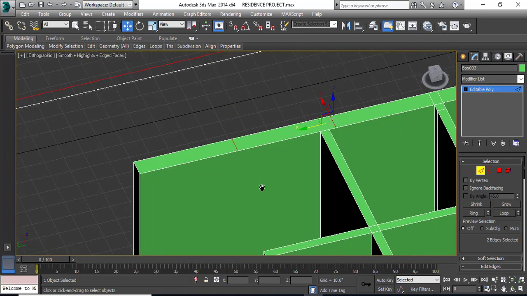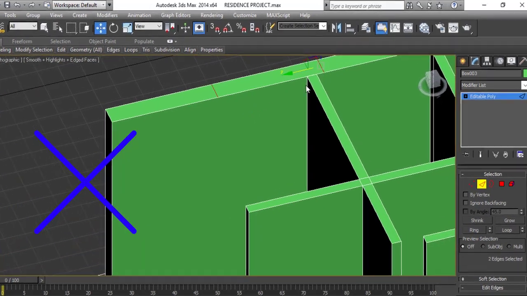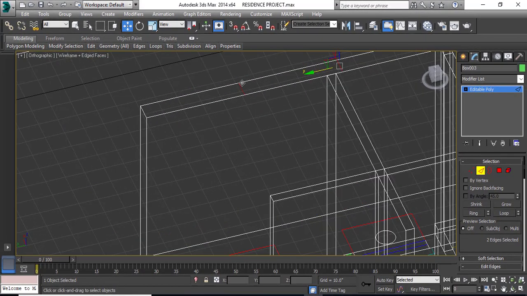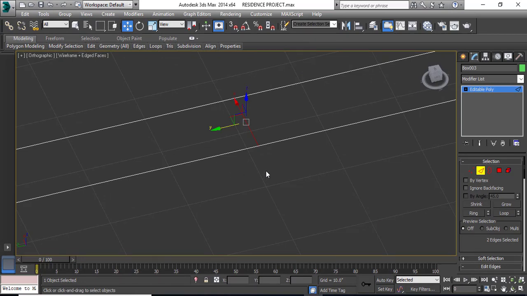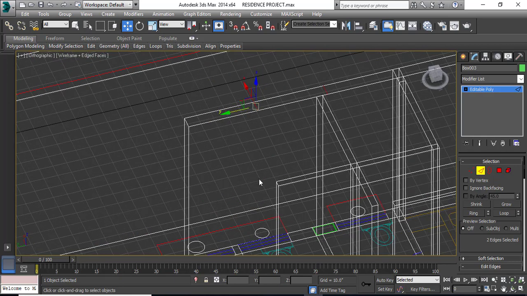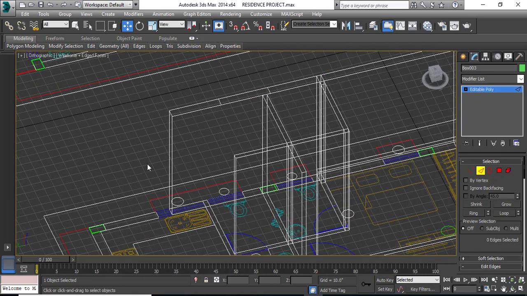Yeah. Now can you see there are no vertical lines to it? Why? We'll go to wireframe and see. See, this is my new edge, but there is no connection to the bottom edge of the outer wall. There is no vertical line for both the lines. So why did this happen? This happened because we missed selecting the bottom horizontal edges of the external wall, the outer wall.